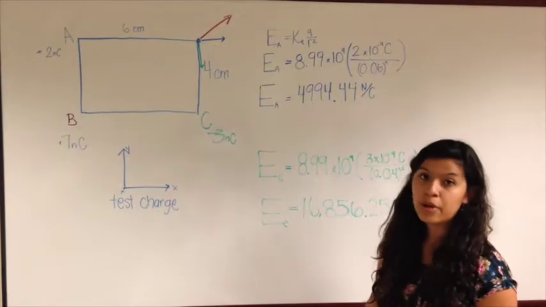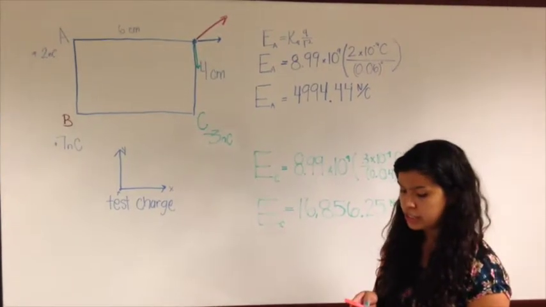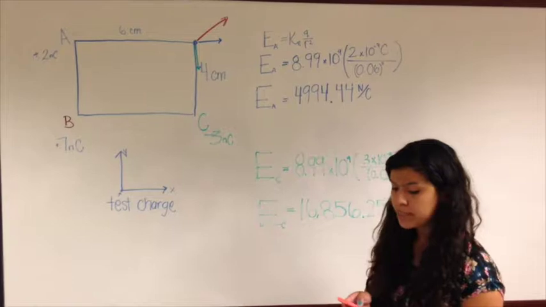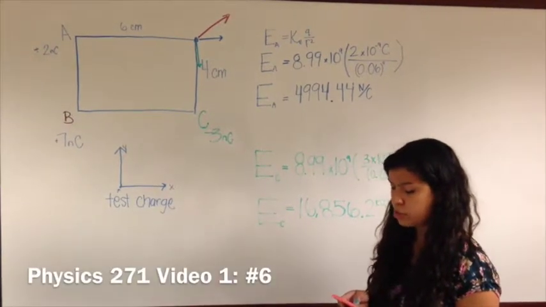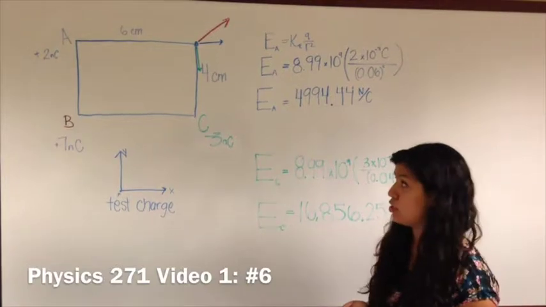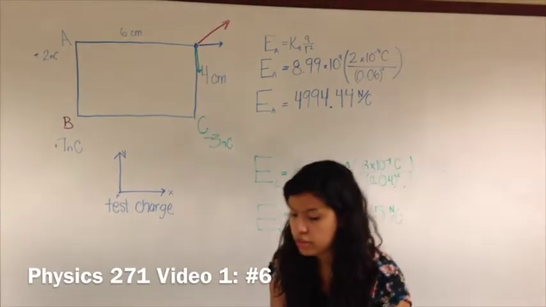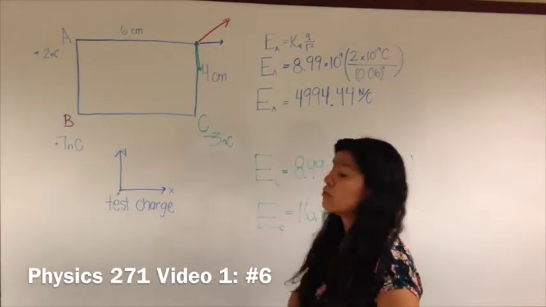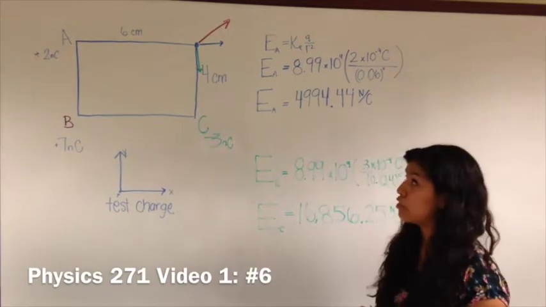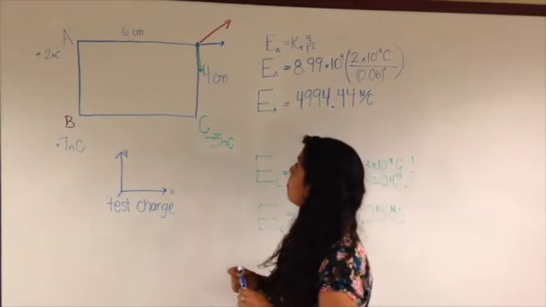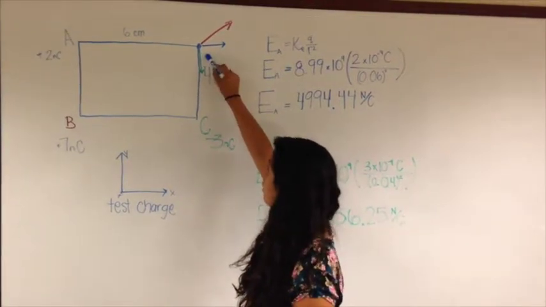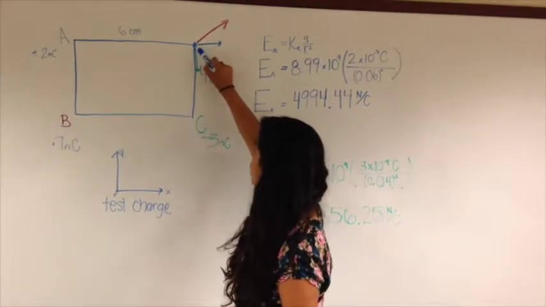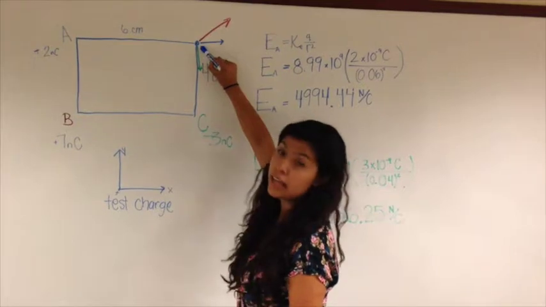Okay, so the problem we are doing is question number 6. What is the magnitude and direction of the electric force that the plus 5 nanocoulomb charge experiences due to the other 3 charges? So to find the electric force, we're going to find the net electric field on the plus 5 nanocoulomb charge right here. So we are considering this our test charge, and we want to find the net electric